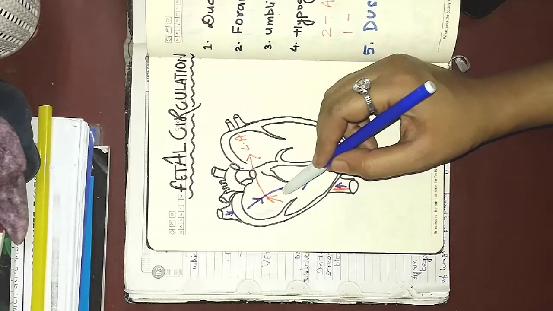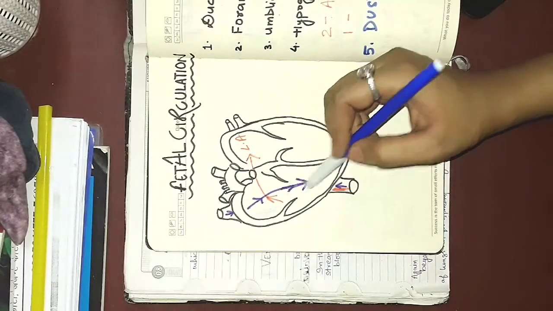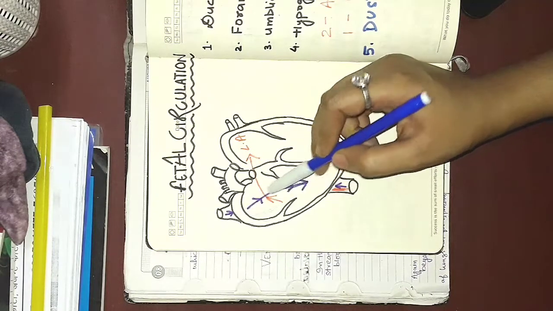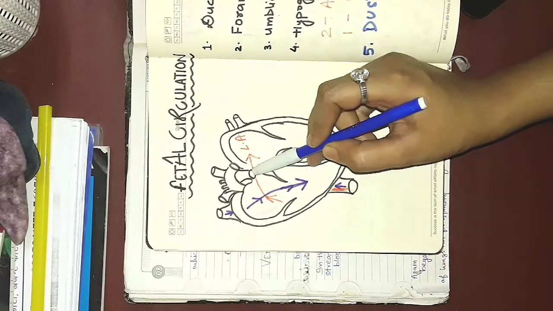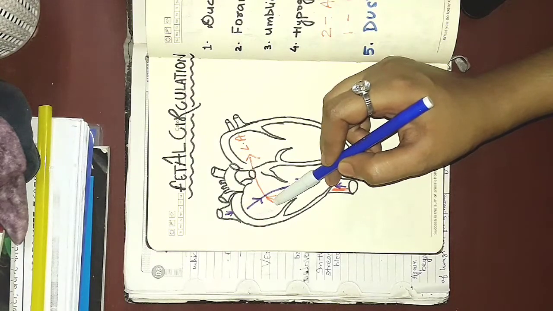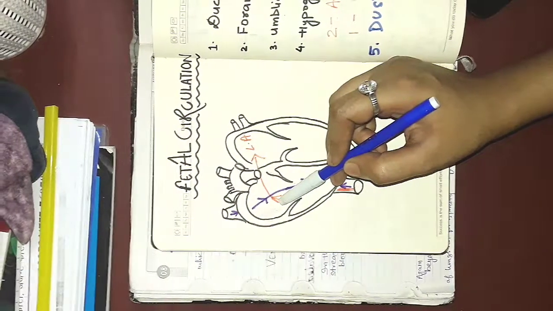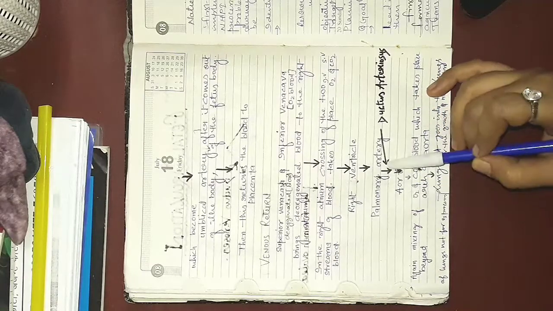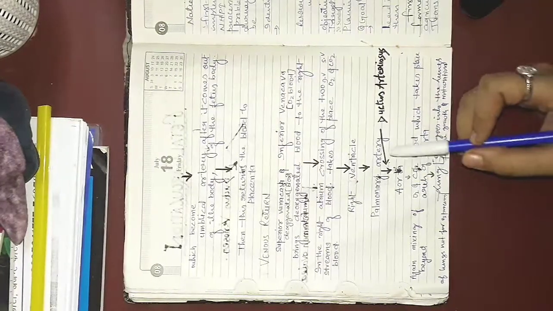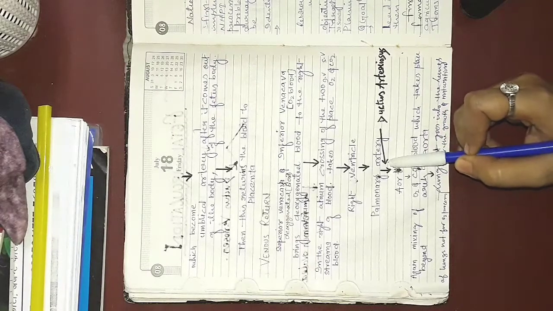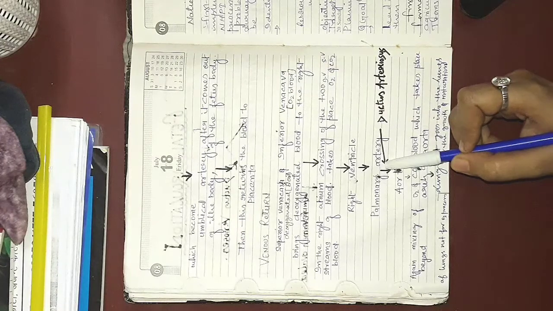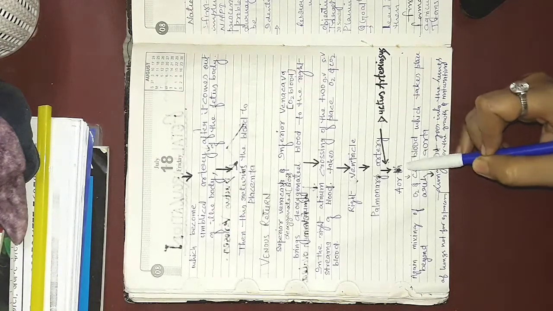And the inferior vena cava carries mixed blood here, that is oxygenated and deoxygenated blood. So the crossing over of the deoxygenated and oxygenated blood occurs in the right atrium. Then it comes into the right ventricle and then into the pulmonary artery. Through the pulmonary artery, a very small amount of blood goes into the lungs of the fetus for the purpose of maturation and development of the lungs. Then it comes into the aorta.